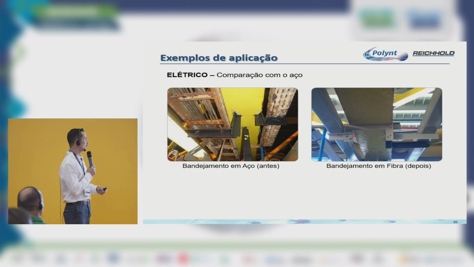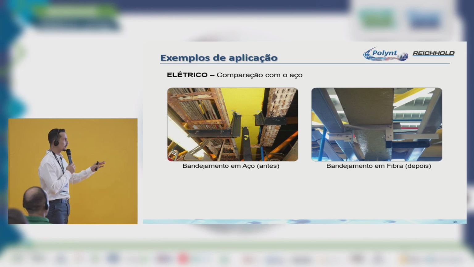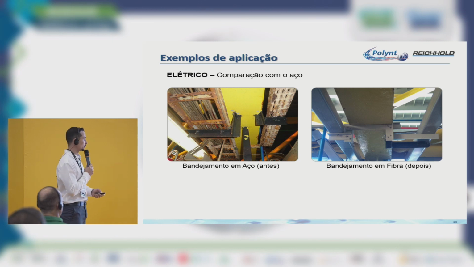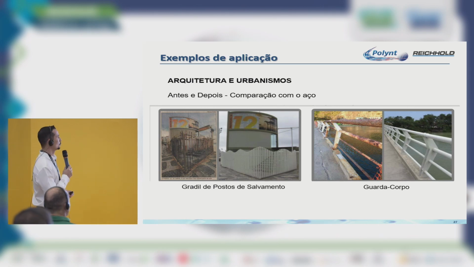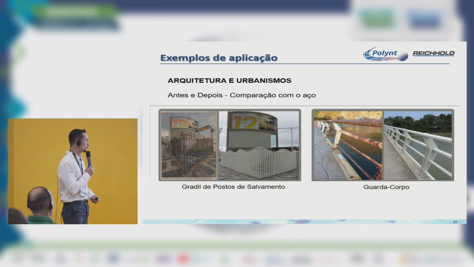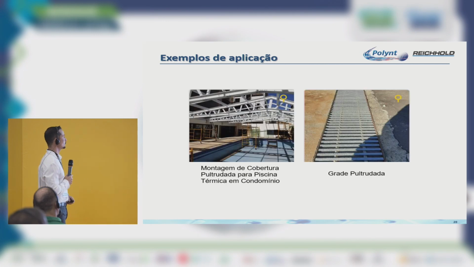With regard to electricity compared to stainless steel, for example, cable trays on the left, we can see corrosion and oxidation, but with glass fiber, everything is still in good repair. In architecture and urban work, we have before and after photographs compared against stainless steel. So, for example, protective railings, also very useful for the railings of bridges in shore